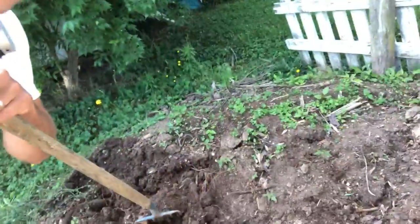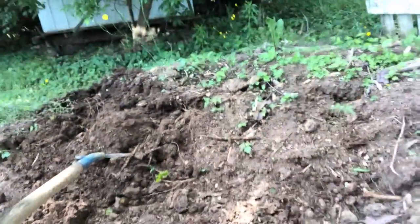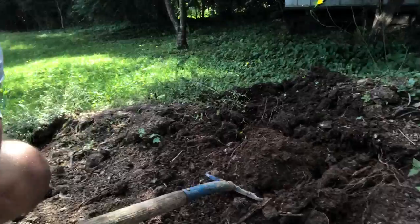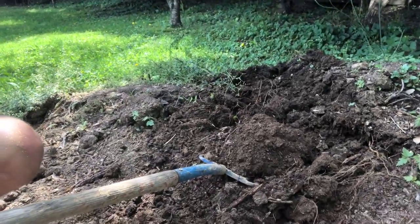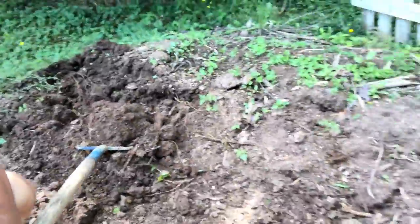So this stuff looks pretty terrible, but I've made a pretty nice looking garden bed very cheaply just by a post. And I'll show you some pictures of what the garden looks like. Today I'm getting some more for my daughter's fairy garden that she wants to build, but